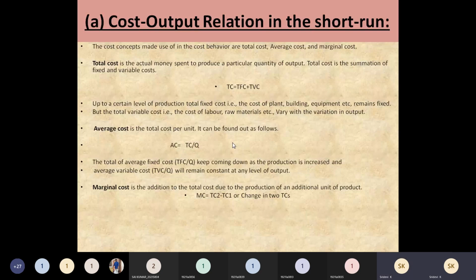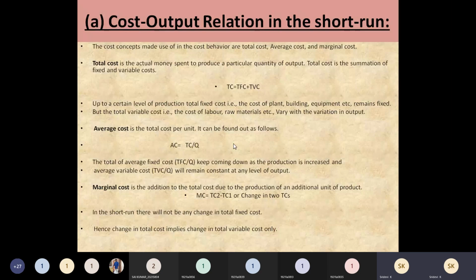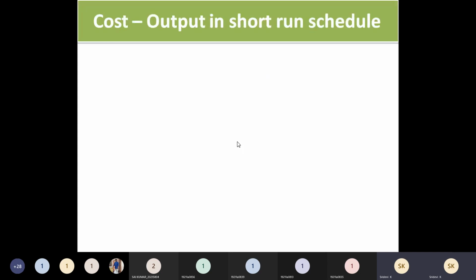So all these things we need to show by using an illustration, which we are going to show in terms of numerical values. So we are going to assume the values, and we will treat them according to their behavior. As we have seen here, in short run, we are going to come across fixed cost and variable cost to get the total cost. So we have to show all those in the schedule.